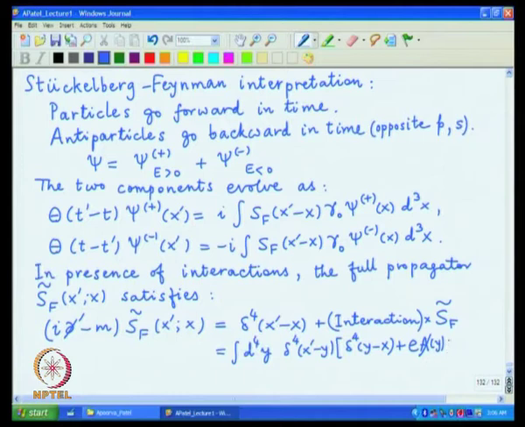at location y, and then S f tilde y x. So, this is a general result which says that from x to y there is a propagation, then there is an interaction at y, which could be any point in the whole space time. So, it is integrated over the whole space time, and then there is a